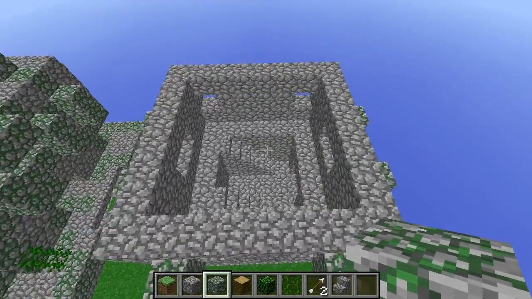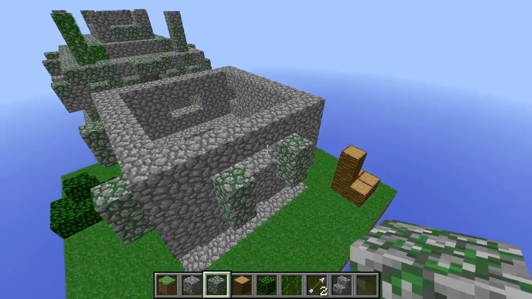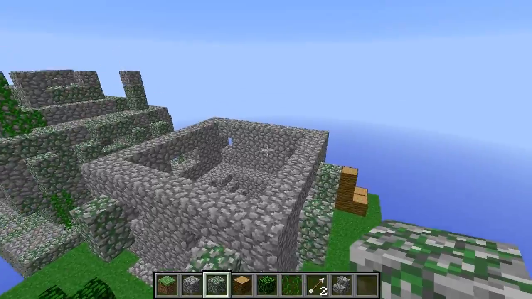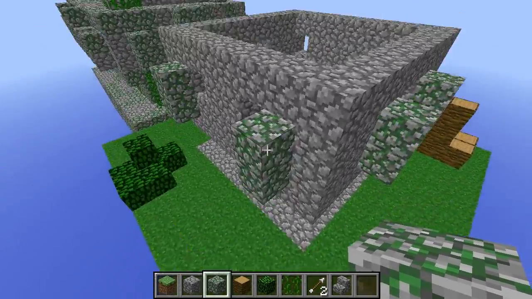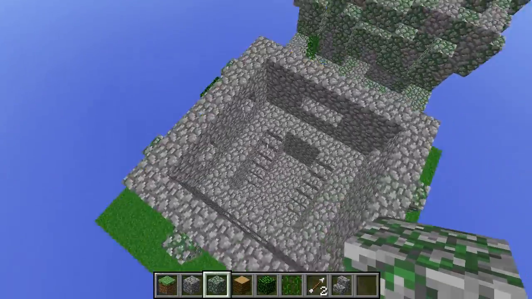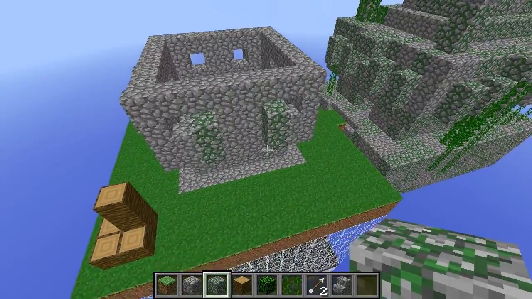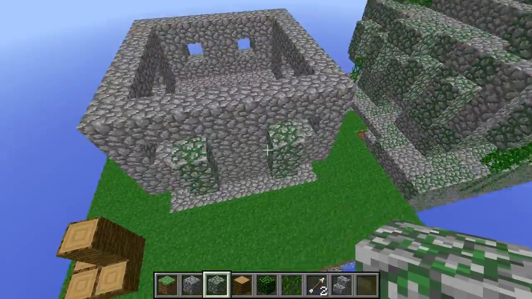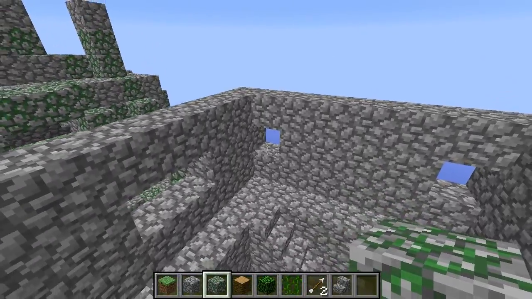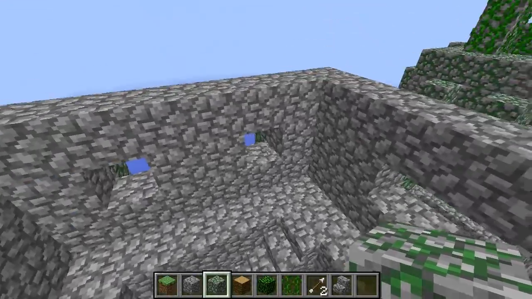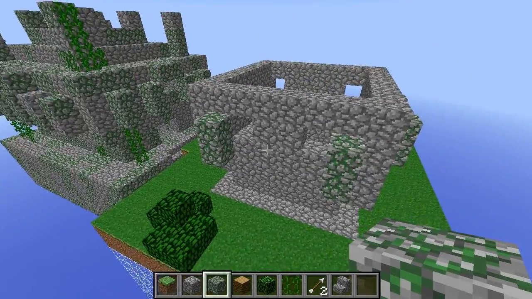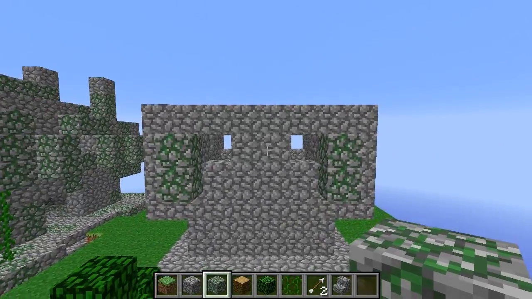So I think my preference is to copy the 2 wide windows from the front and the back around to the sides and do away with these 1 wide windows. I think my second preference is probably this one because the outside is consistent, but I don't really like how the window looks like it's in the corner from the inside, so that's a concern. I much prefer this, but I don't like the pillars on the outside as much with this version. So let me know what you think, whether this one,